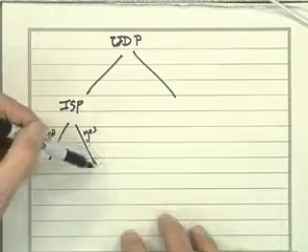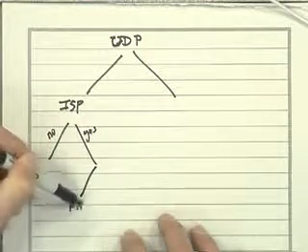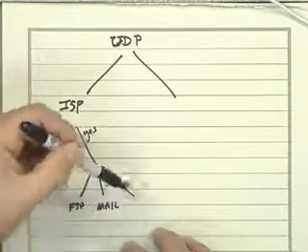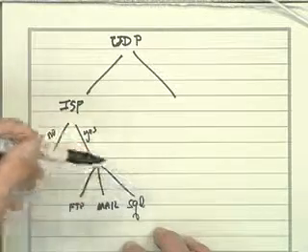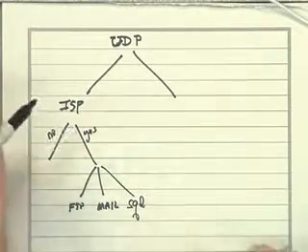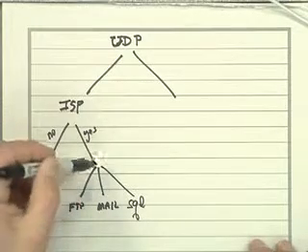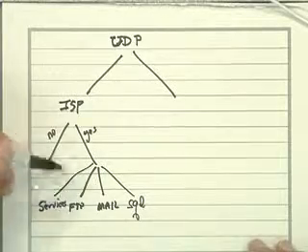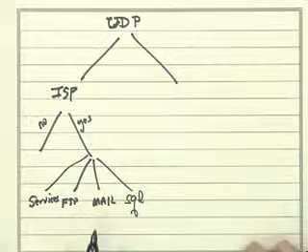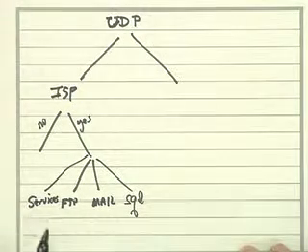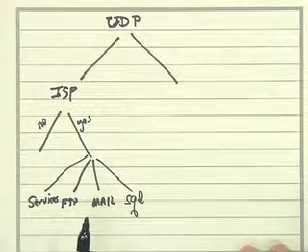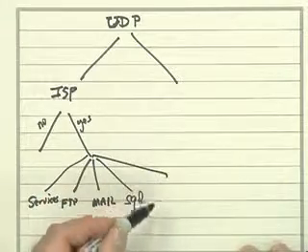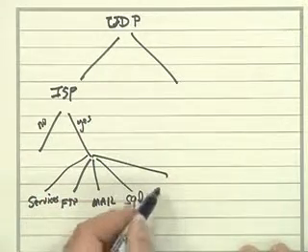If it's yes ISP, it looks like I've got FTP, I've got mail, I've got SQL, the database traffic, I've got other services, which I'm interpreting to mean low ports less than 1024 that are not specifically 25, 23. I forget what the SQL port is. So other low ports other than the ones that are specifically mentioned. In other words, not FTP, not mail, not SQL, but still less than 1023. And then the other one is ephemeral, just high ports greater than 1024.